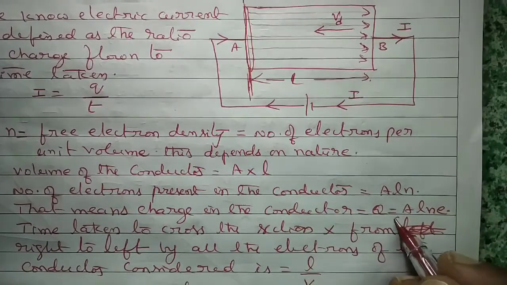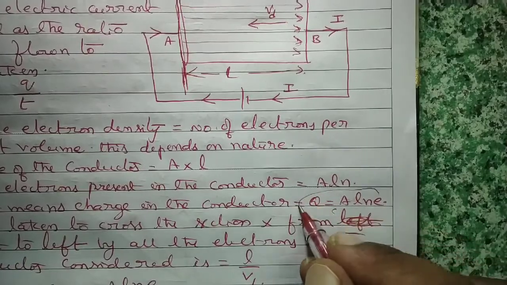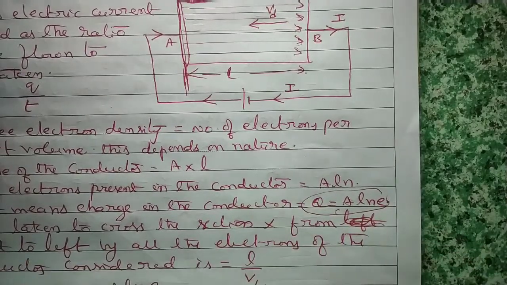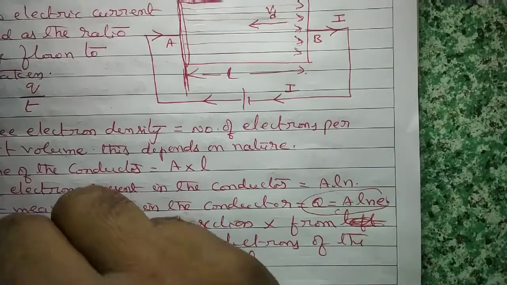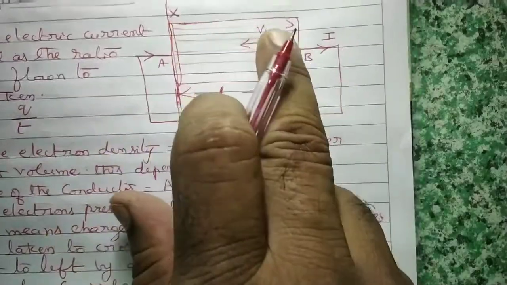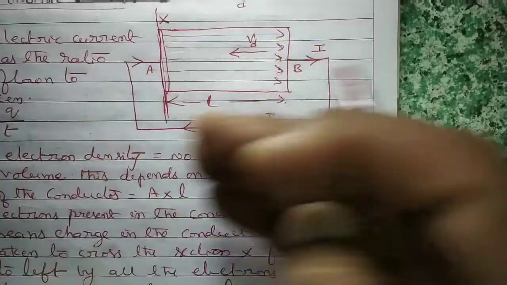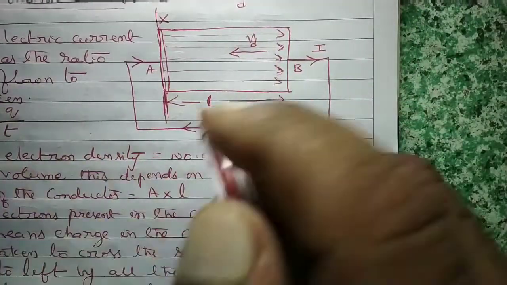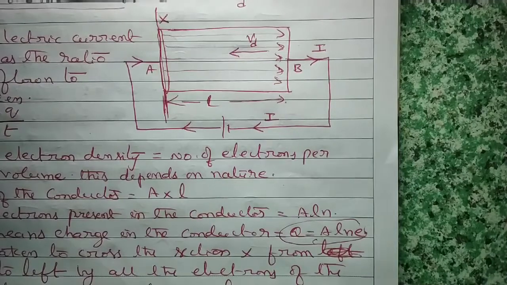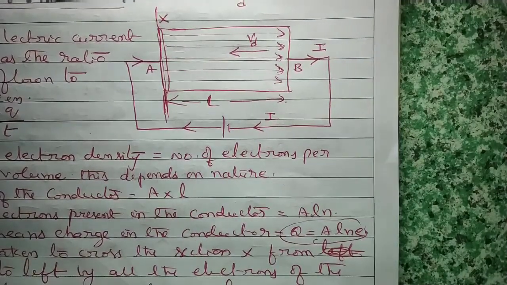Because I am going to derive the expression for electric current, the general formula for electric current is charge by time. So charge I found. Which charge am I counting? This conductor has been selected. In that, how much charge is there which is drifting with velocity Vd. That amount of charge I calculated. How did we calculate the amount of charge?